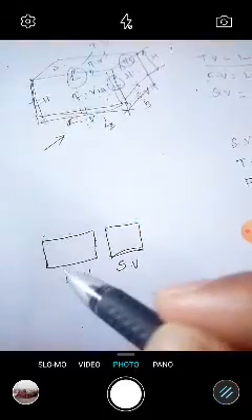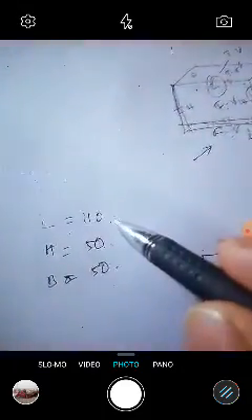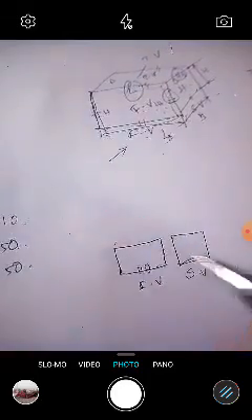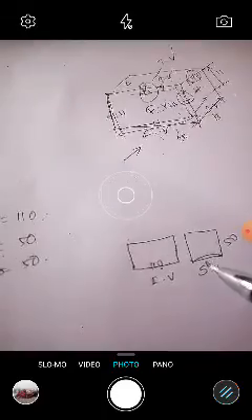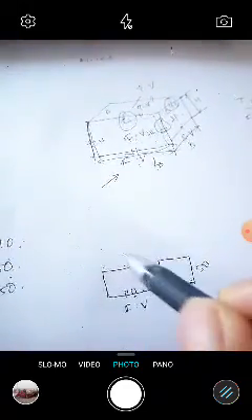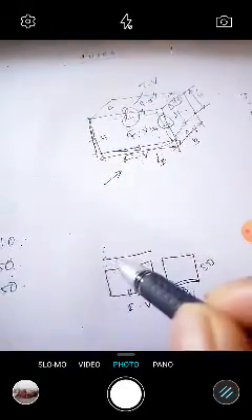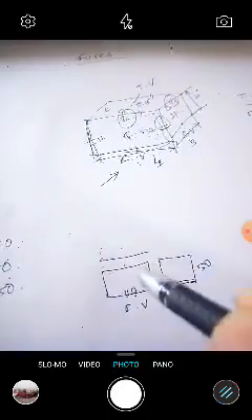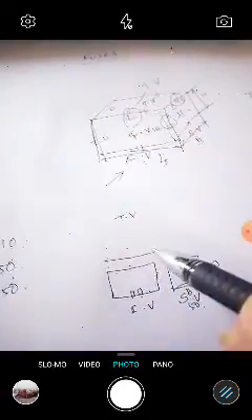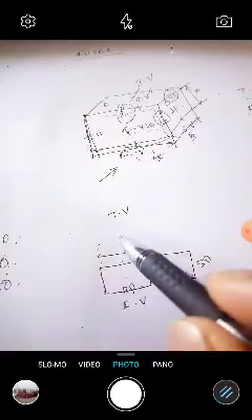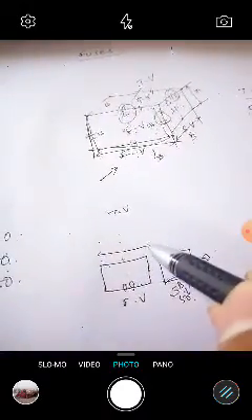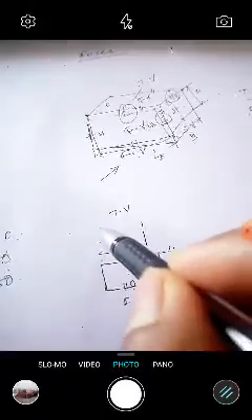This is breadth. Now length is given as 110, and height is given as 50, and breadth is also given as 50. Now on the top view, the top view has the same length, so we need not worry about it. We have length as 110. Now what is the common thing between front view, side view and top view? That is breadth. So here we have breadth as 50 centimeters.